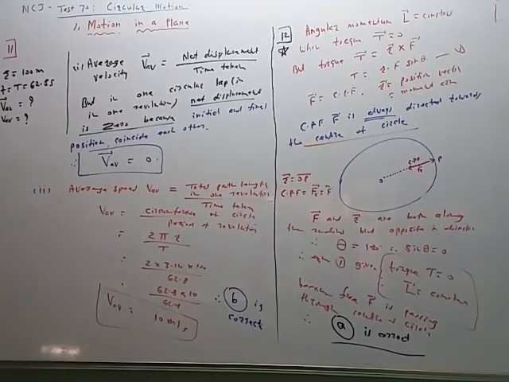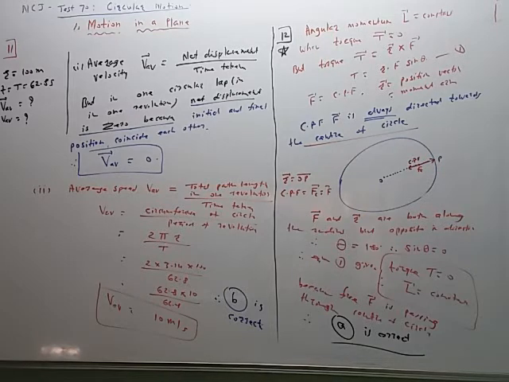So in the second part of this chapter, rotational motion, we have used the law of conservation of angular momentum. When no unbalanced external torque is acting on the body or system of bodies, then angular momentum remains constant. In circular motion, the torque is equal to 0 because the force passes through the center of mass, which is the axis of rotation. So when the force acting on the rotating body passes through the axis, the torque becomes 0 and L is constant.